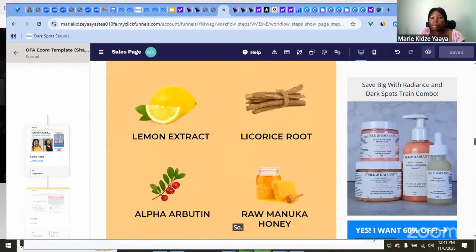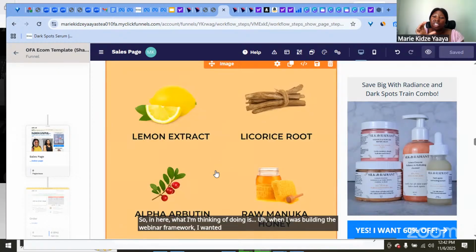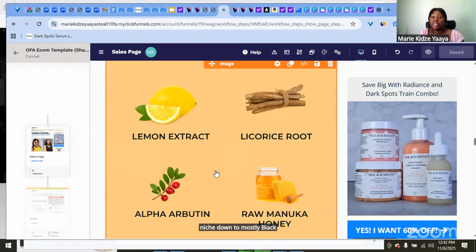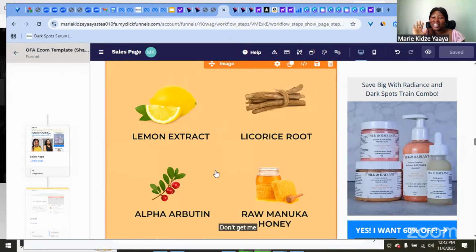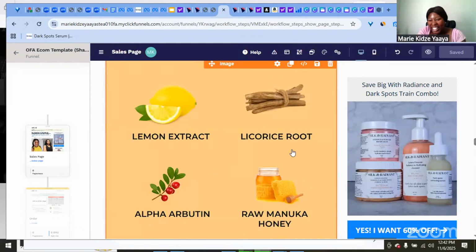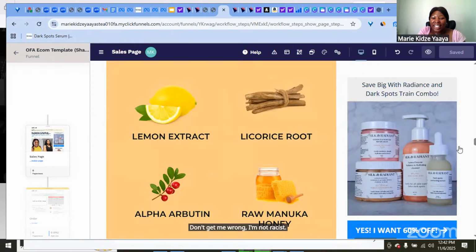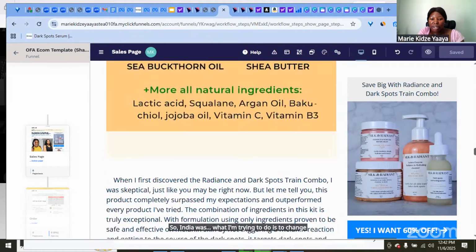So in here, what I'm thinking of doing is, when I was building the webinar framework, I wanted to niche down to mostly Black women specifically, and why they keep struggling with hyperpigmentation, and it's more severe than in white skin. Don't get me wrong, I'm not racist. So in here what I'm trying to do is to change a little bit of what I have down here